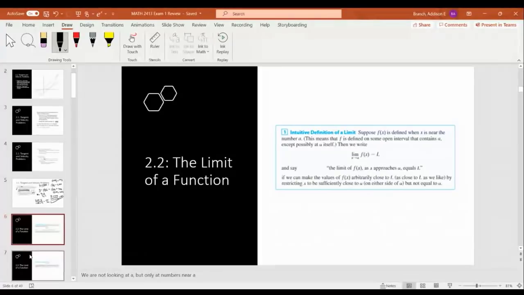All right, section 2.2 is pretty much teaching you how to define a limit. So your book definition is saying that if f of x is defined,